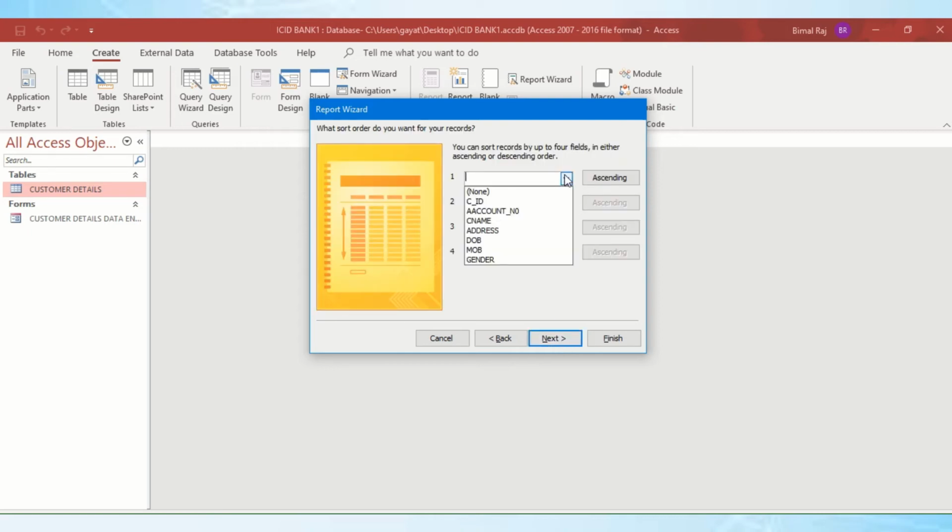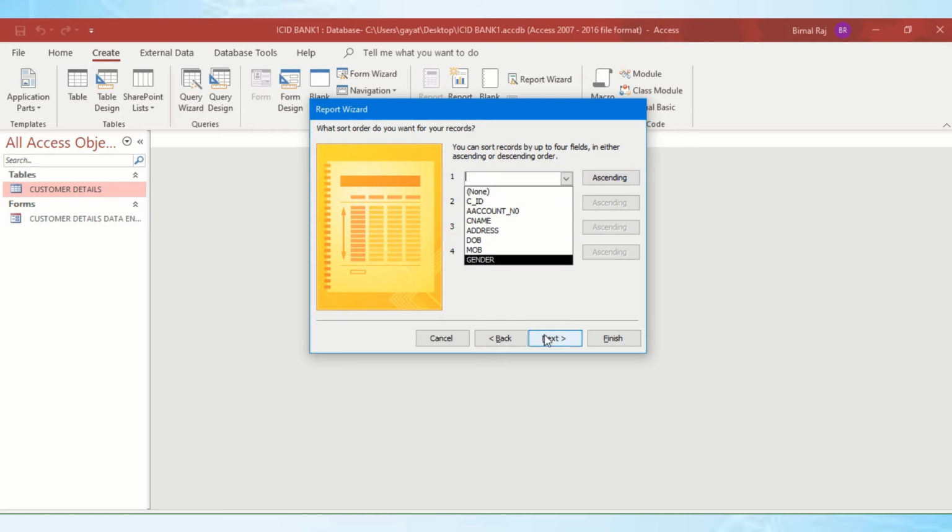Now do you want it in any particular ascending order of name, address? That also can be done. That is sorting in ascending order of name, or in ascending order of account number, or descending order, whichever I want. I can select from this option of sorting the records. I am as of now not sorting it by any order. I am just simply going to the next one. If I want to sort it by name, then it will be arranged alphabetically. If it is by address, then alphabetically. Everywhere I can arrange it in any particular order, in ascending or descending order.